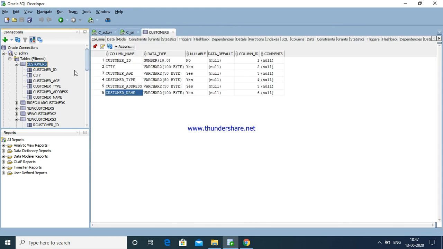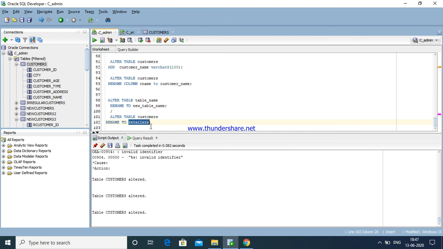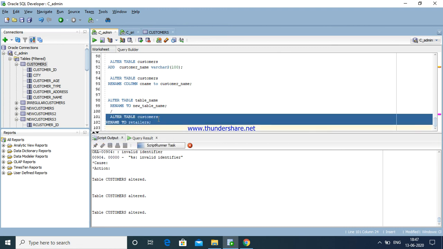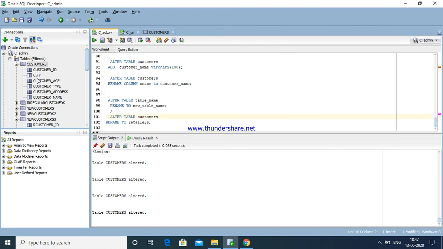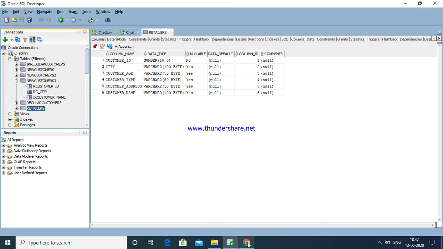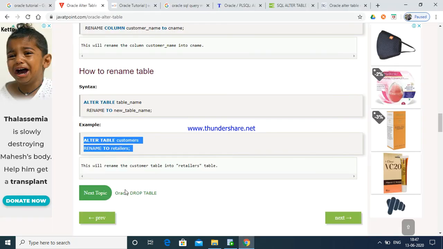See here, this is a customer table. Just what we are going to use: alter table rename to new table. Just enter. See here, refresh, select. Okay, refresh. See here, retail. Like this we completed.